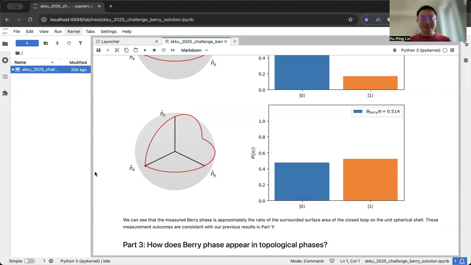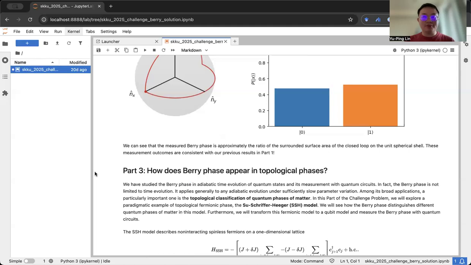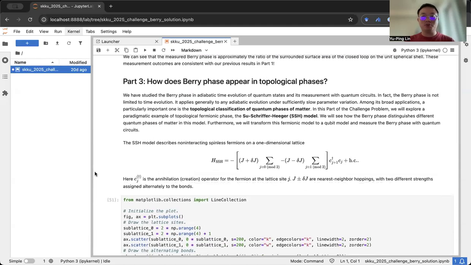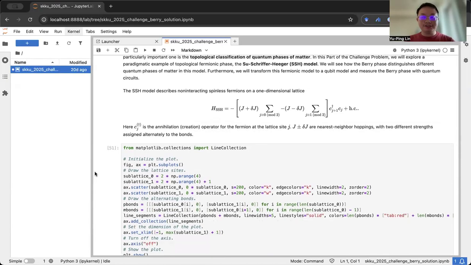Yeah. So this is how we can measure the Berry phase with the quantum circuit, and we have demonstrated it with the example of the Bloch sphere Hamiltonian. So we have learned the theory of the Berry phase, and we have learned how to measure it with a quantum circuit. And in the third part, we want to apply our knowledge to a practical model, which we call the Su-Schrieffer-Heeger model. It is a fermionic model with a topological phase transition, and we can see how the Berry phase helps us distinguish different topological phases. So as you have already learned, the Su-Schrieffer-Heeger model, that is the SSH model, is a